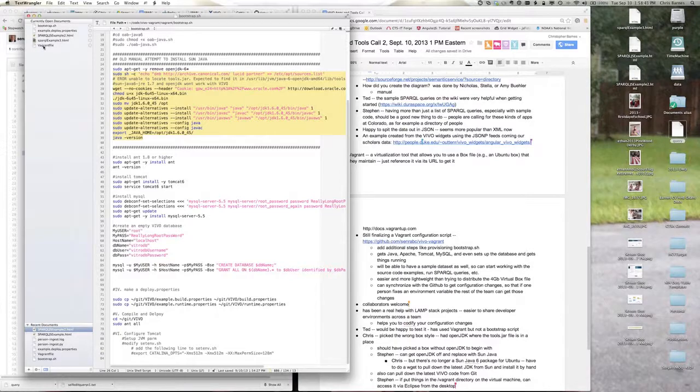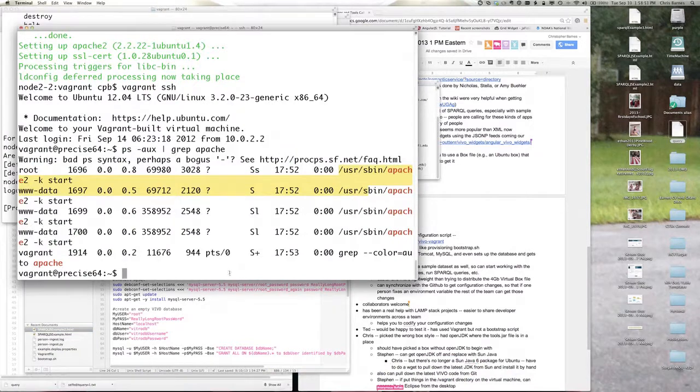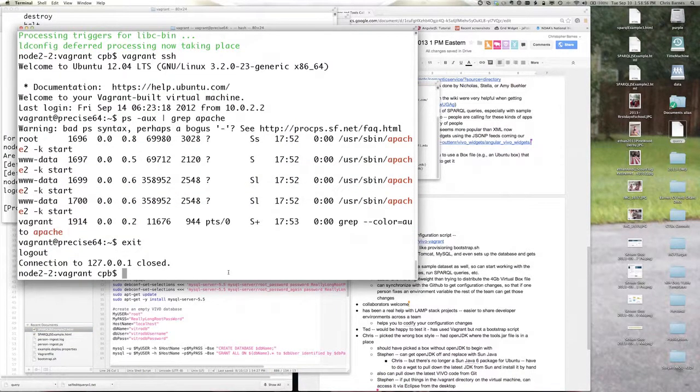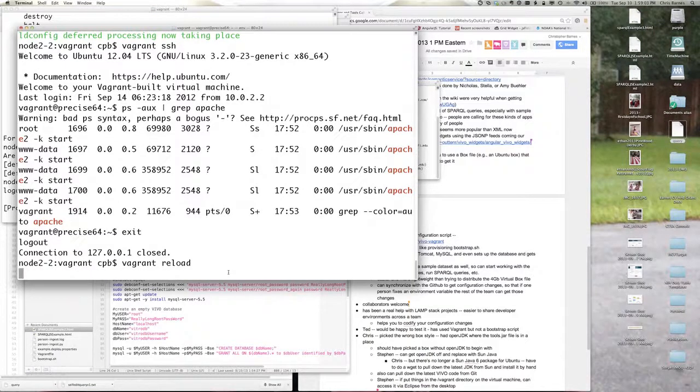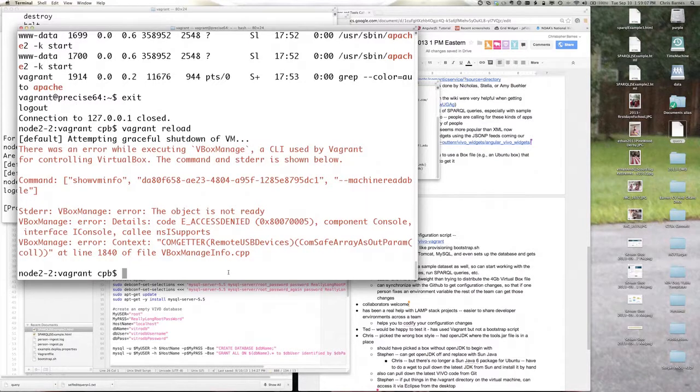Vagrant supports this thing where you can make a change to a script, and then say I want to install this other stuff. I exit out of my SSH session, and I would do a Vagrant Reload. So what this does is, without destroying the machine and taking all the time to... ooh, big ugly hairy error.